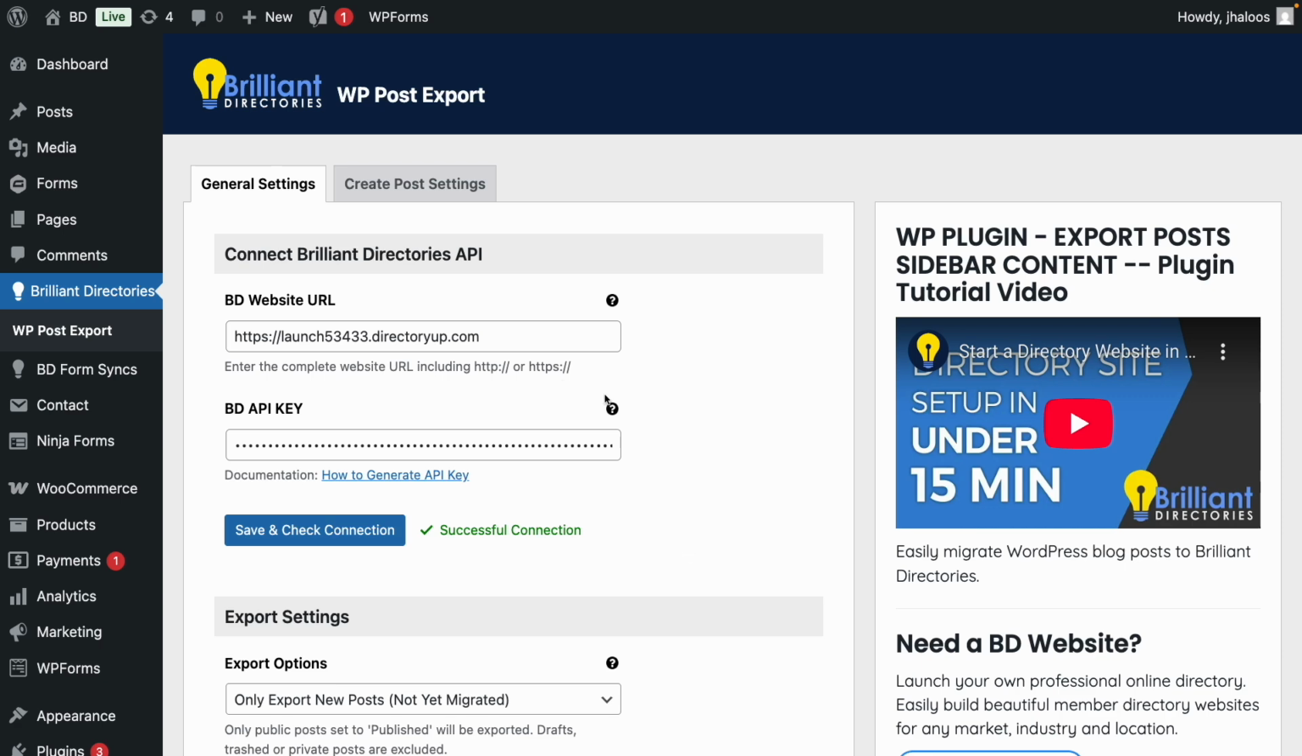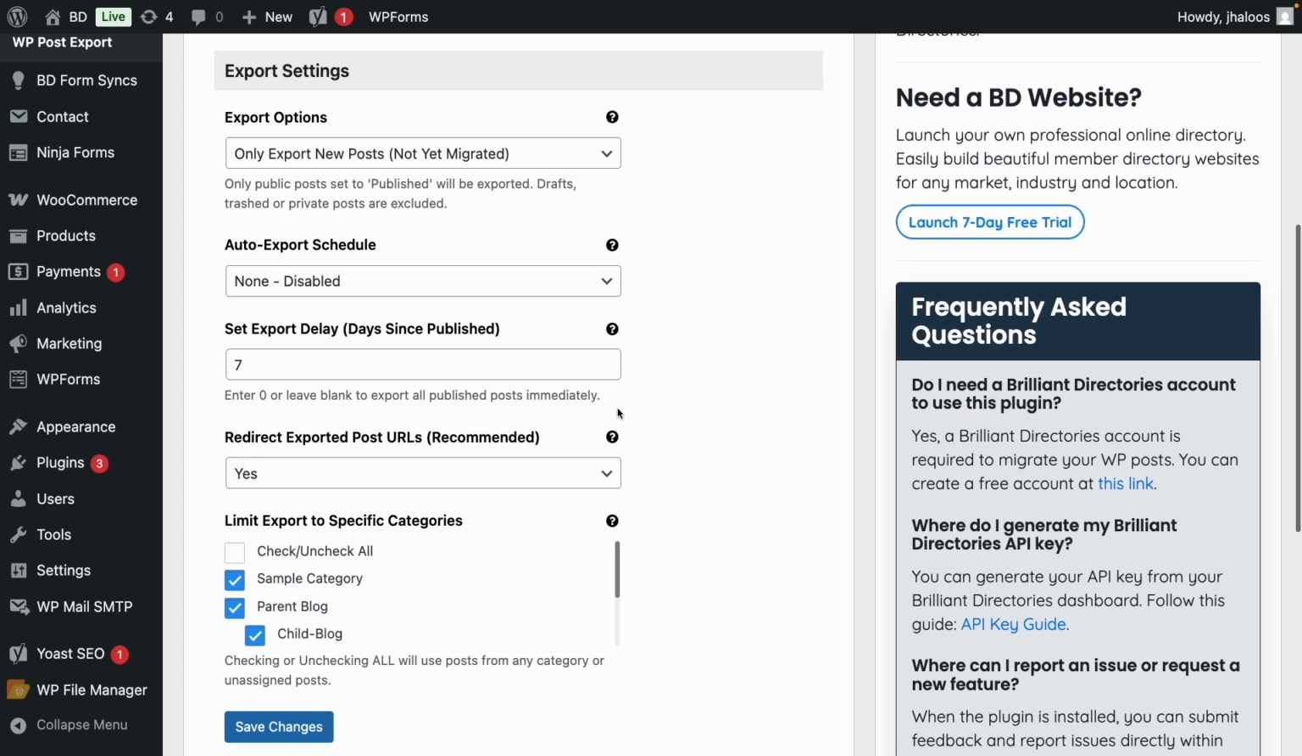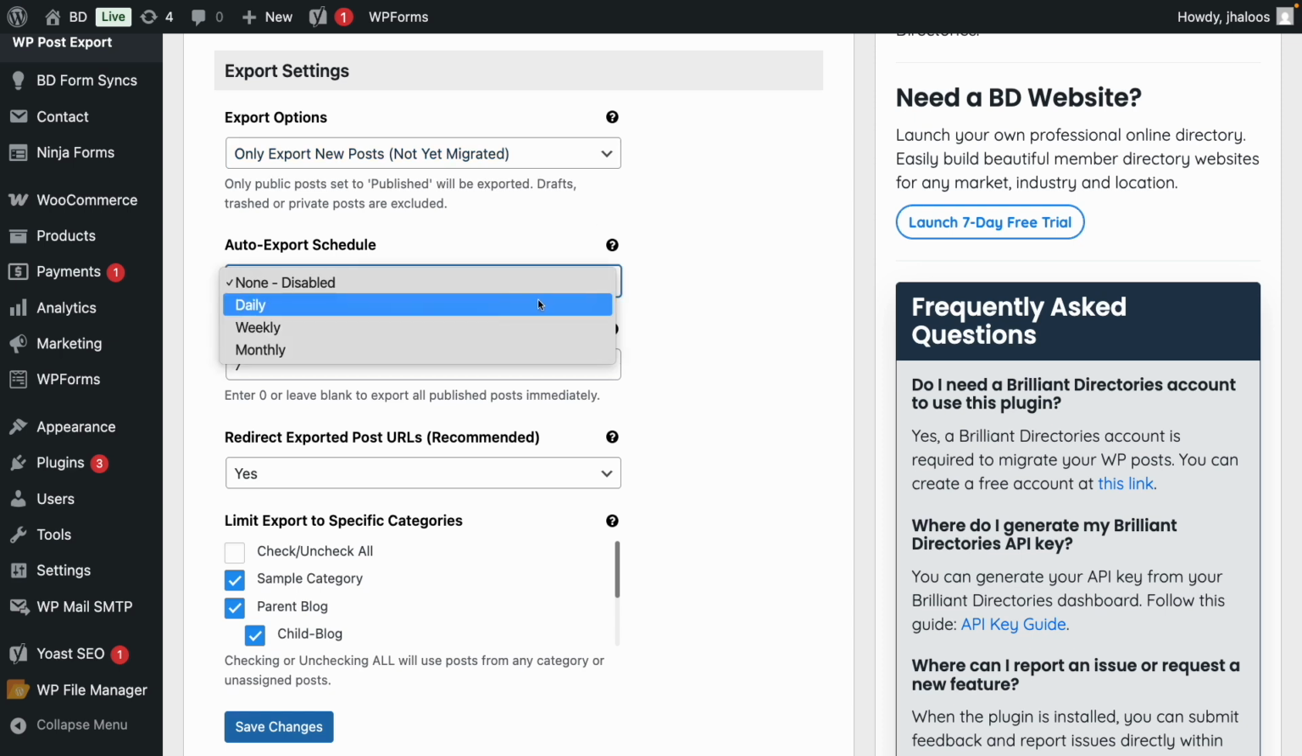Under the General Settings tab, you have powerful control over your export process. In Export Settings, you can choose to either export all posts or only posts that haven't been previously migrated, which is great for ongoing content creation. For automation, you can set an auto export schedule. Whether you prefer daily, weekly, or monthly exports, this feature ensures your Brilliant Directories site always has your latest WordPress